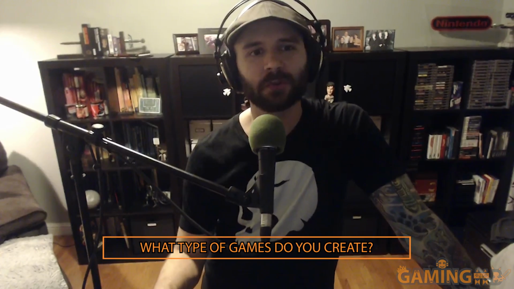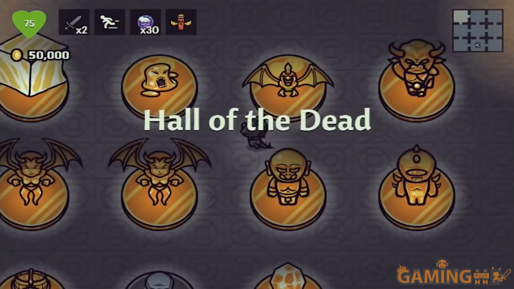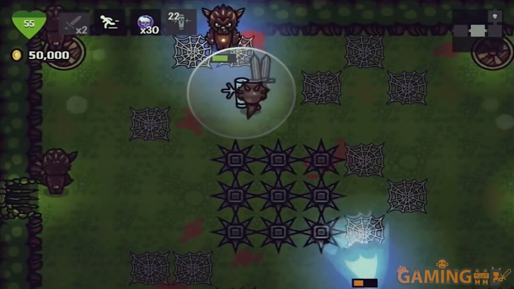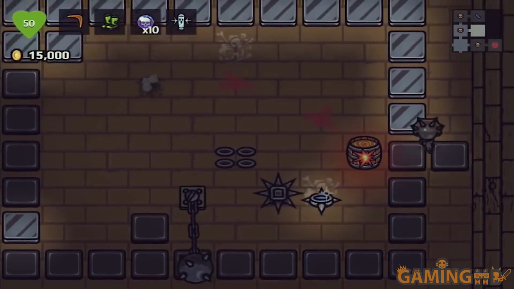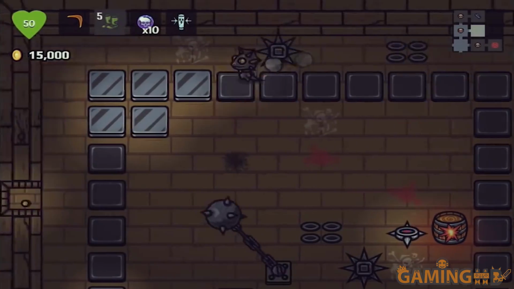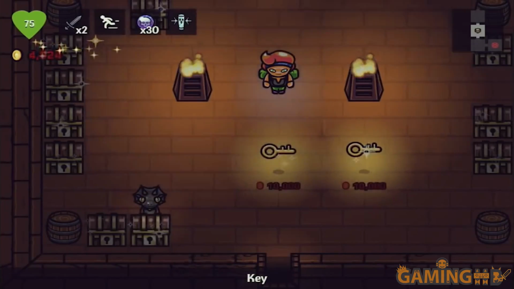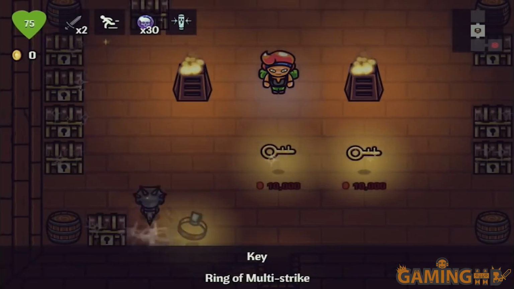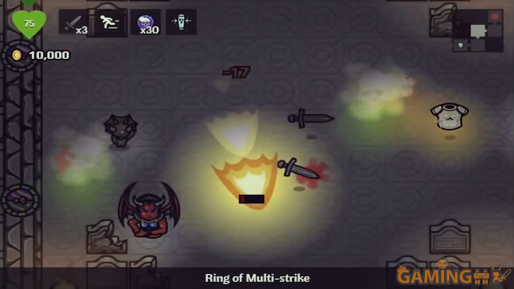What types of games do you create? I create an assortment of games, but they all tend to be about death. A Wizard's Lizard is probably the game that our studio, Lost Decade Games, is best known for, and the game starts off, spoiler, with the wizard dying, and you as the lizard need to go save the wizard from death. And when you die in that game, the game doesn't end. You go into this ghost world. You have to fight ghosts.